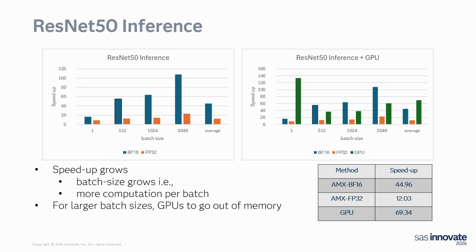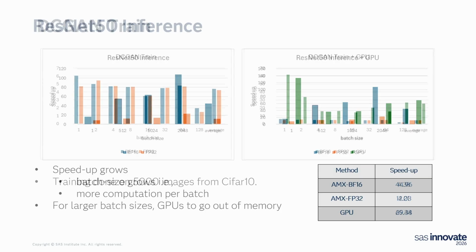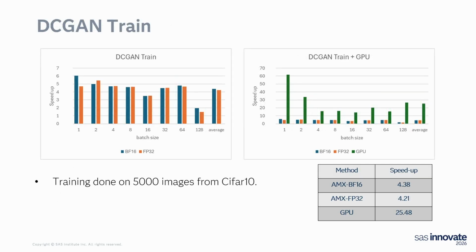GPU is doing great for scoring on this one. But you can see that gap tends to go down as the batch size increases. And by the time you get to 248, you're actually beating the GPU, which is pretty amazing to see, given that early reports are always like this 100x faster than CPU as a rule of thumb, and we're not seeing that anymore.